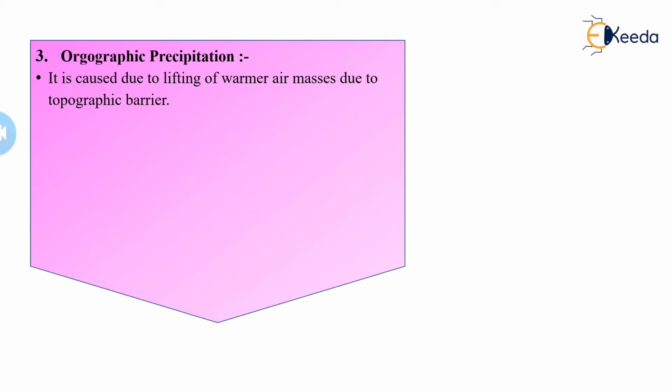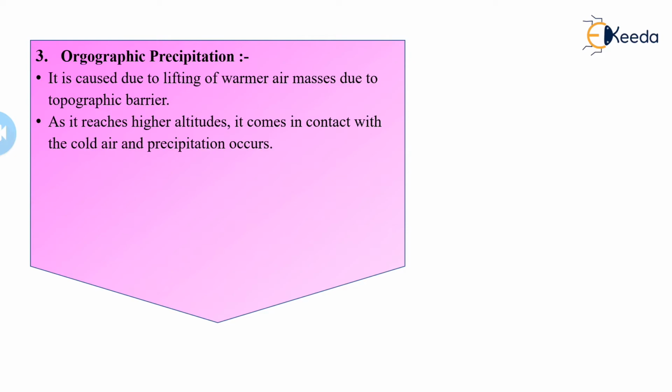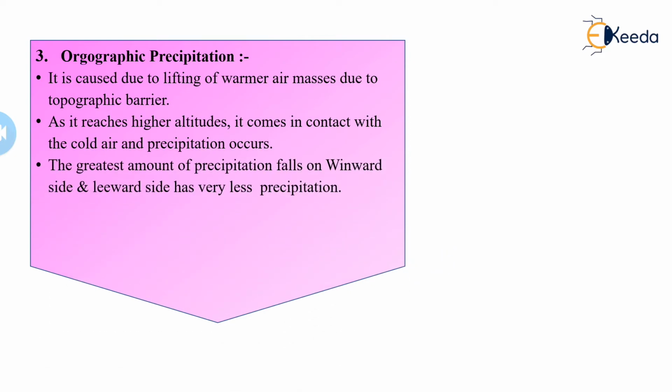We have a natural water resource. Because of the evaporation, the air masses will lift up in the upward direction. When these warmer air masses flow, and a topographic barrier comes in their path, the air masses are lifted again to a higher altitude, and they cool down. The precipitation that occurs is known as orographic precipitation.